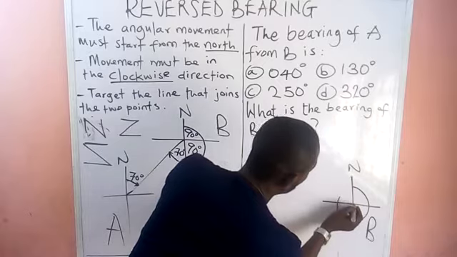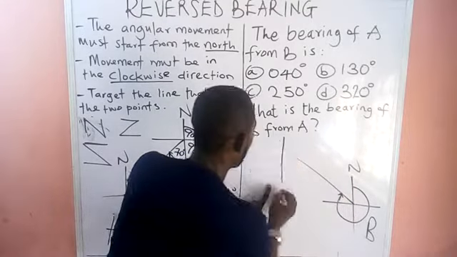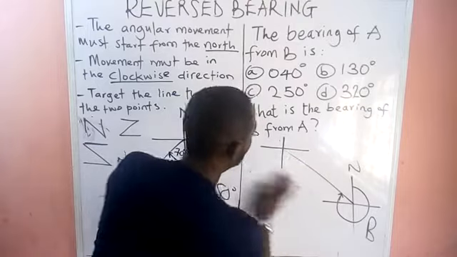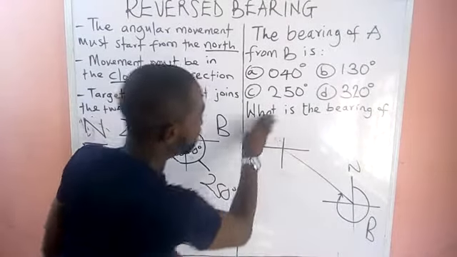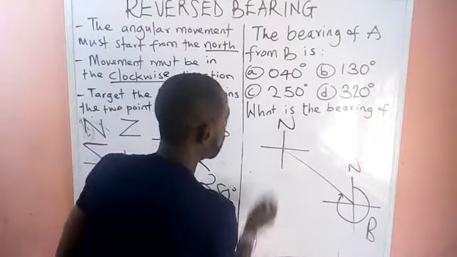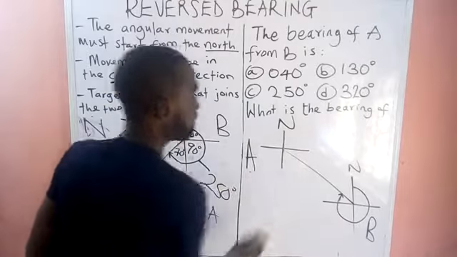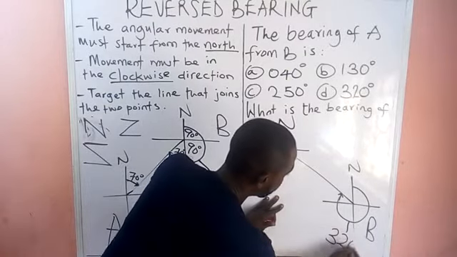So we're looking for the bearing of B from A. Look at this. Are you with me? So stop here. This is the bearing of A. Start from the north. These are north. So these are B. These are our A. Okay. So everything here is 320. All the angle is 320. So let us break it down.